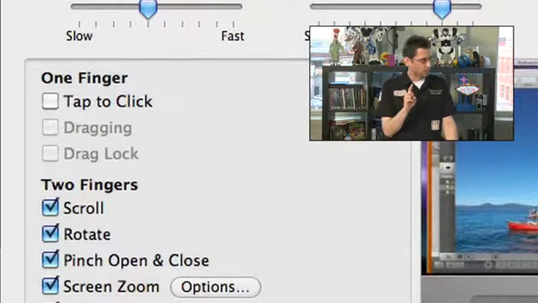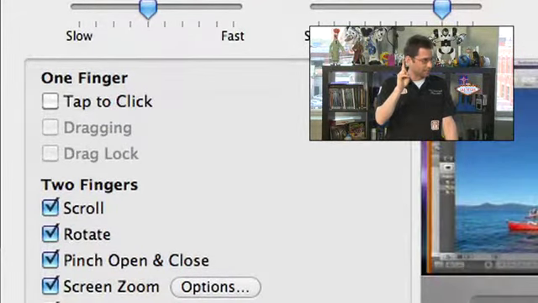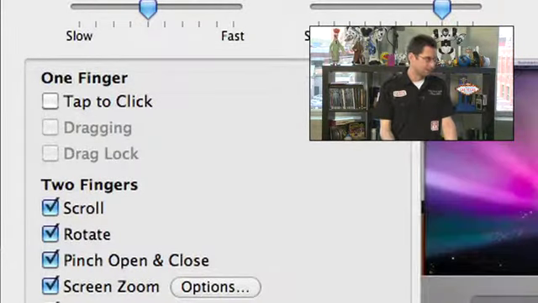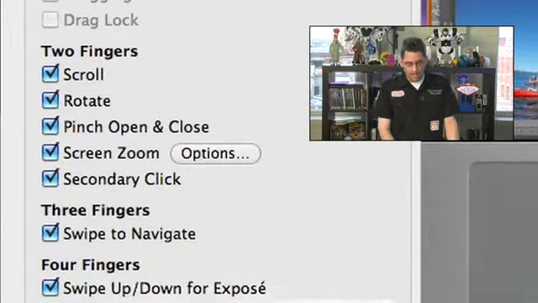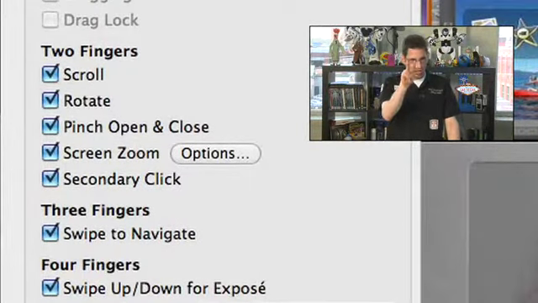Now I've got the one with an actual physical button. You have a new one where the entire pad is a button. That's right. That works the same sort of way. Sure. With 1 finger, you can tap to click, which Windows does a lot. When you just tap on the thing, it'll actually select things and act as a click. I always turn that off because I find that a bit annoying, but you can re-enable it here if you want. From a 2 fingers perspective, you can have gestures where you have 2 fingers to scroll,